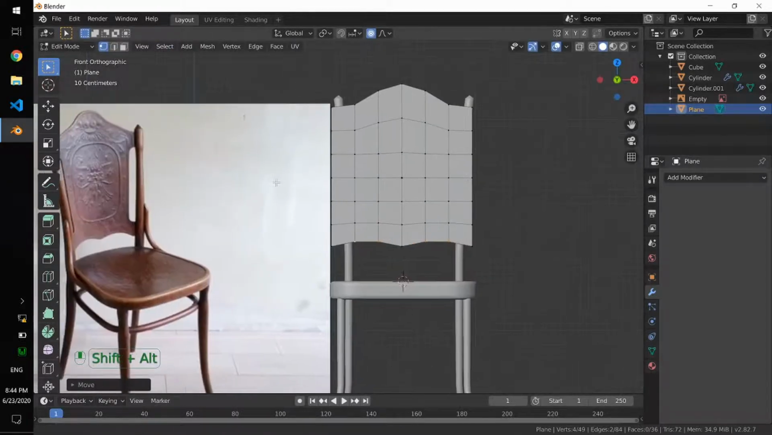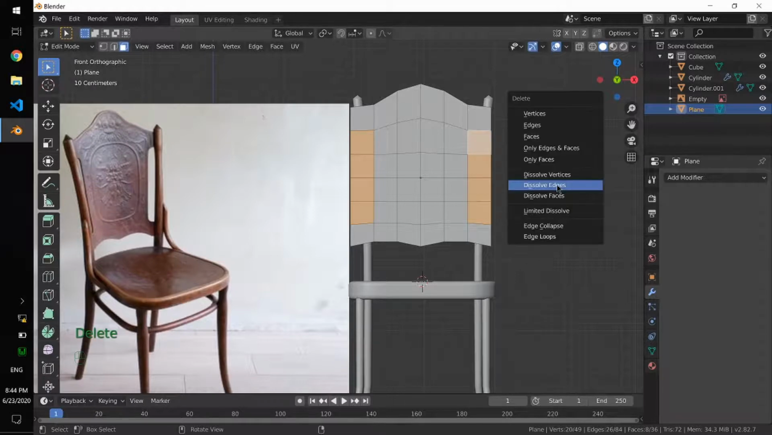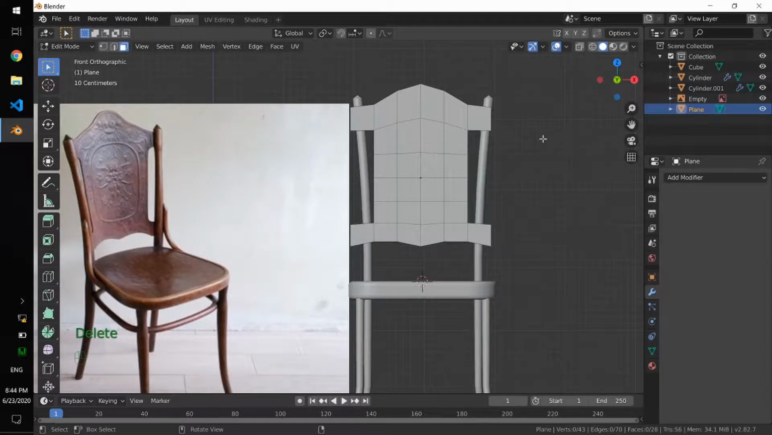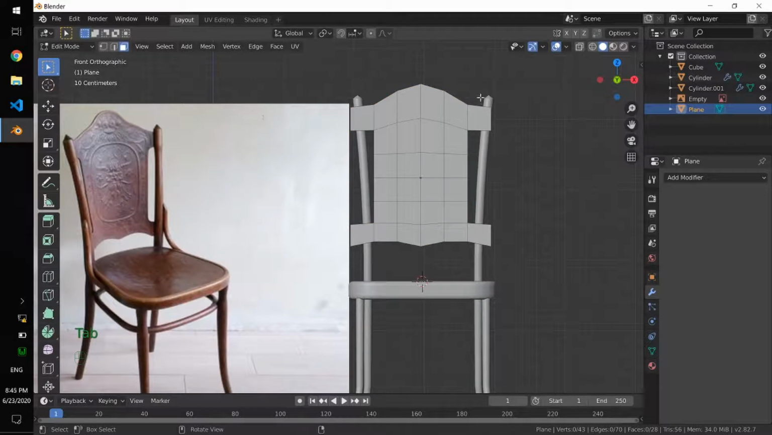Now, as you see, there is an empty space here, so we are going to select these and remove them. Delete faces. Now, in order for this to have a closer look,